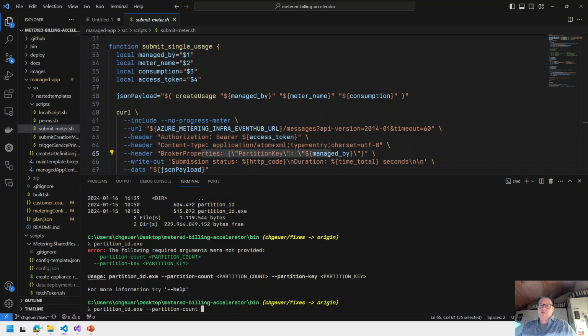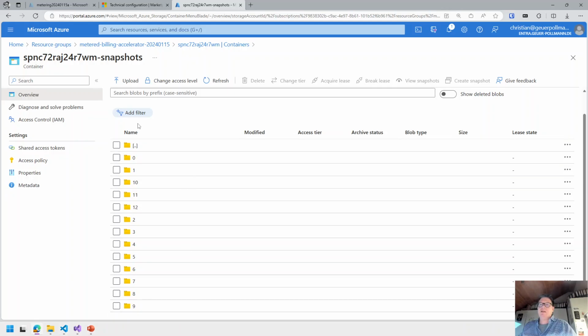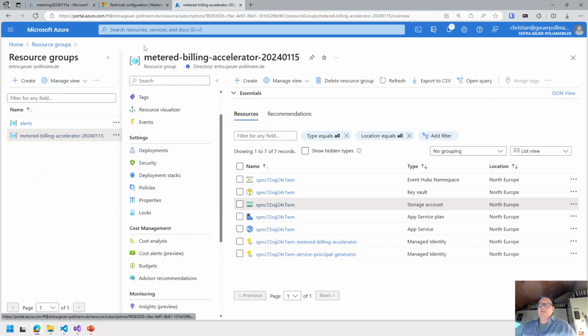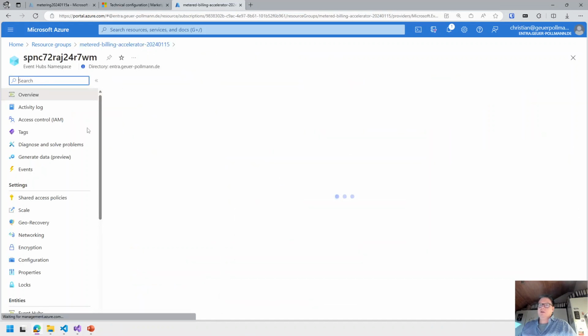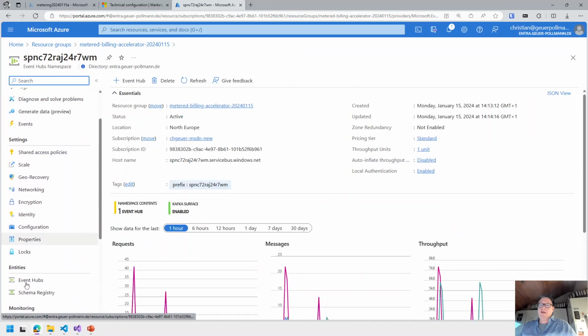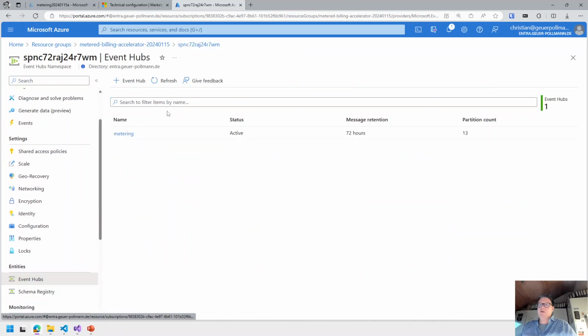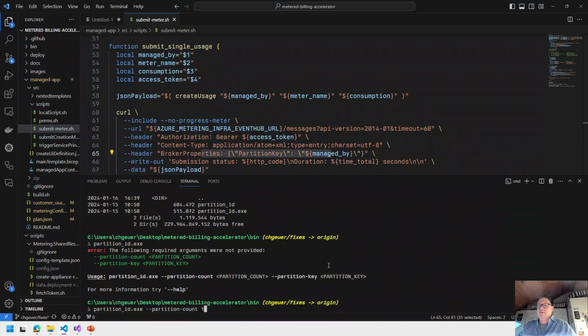So let's have a look at how many partitions we had in here. Let's look at the concrete event hub here. The metering event hub has 13 partitions, right? So we say 13 partitions, and the partition key